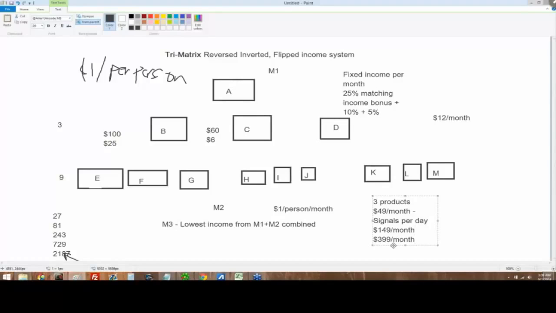With 149, you get more. With 399, you get more. And depending on which level you are on as an affiliate, you also earn a very significant amount of income. It's a totally different amount of income based on which level you're on. I don't want to give too many specifics, because the more specifics we give, the more we distract from what's at hand.